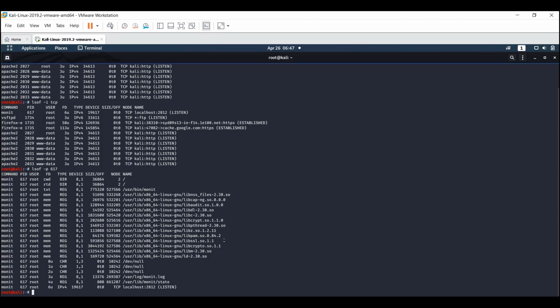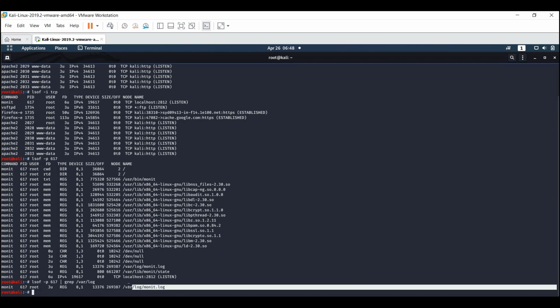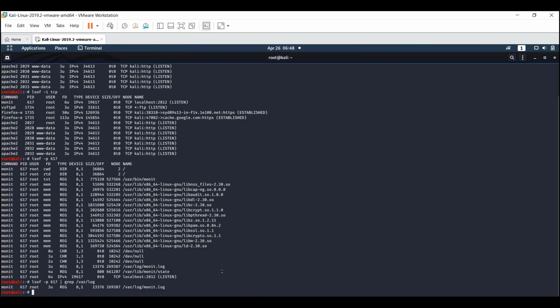So for example, let us say we would like to know where the access log is being stored for MONIT. So we can just further use the previous command and pipe it with the grep command, and we type /var/log, because we know this is a place where probably we can get the MONIT log. So it gives us only one result, and it specifies the required output that we were looking for. So we now know that this is the path where we can access the